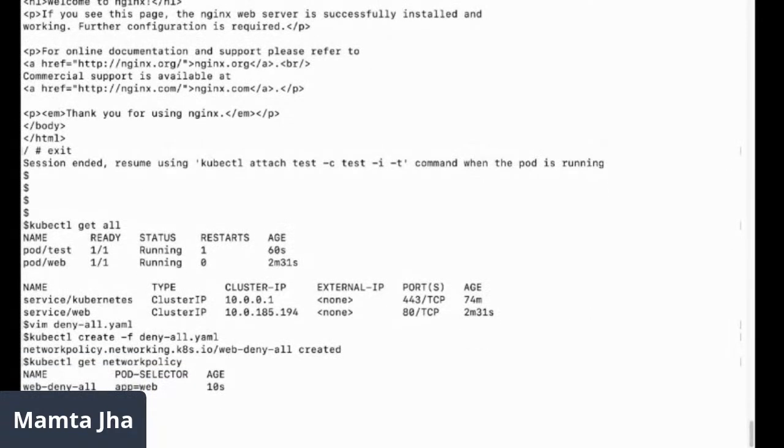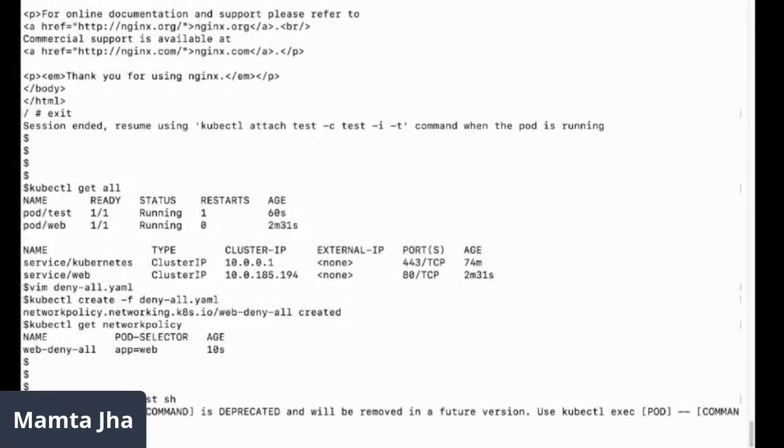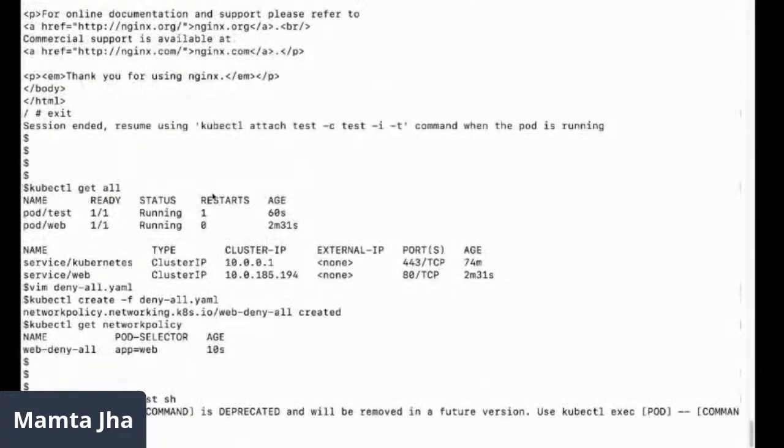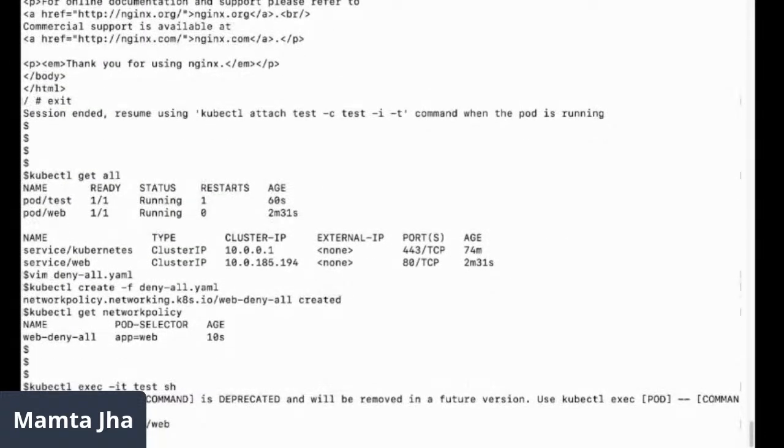So now this is created. If I go ahead and connect back to my test pod with the kubectl exec command, and let me try doing this wget once again, and let's see what's the output.